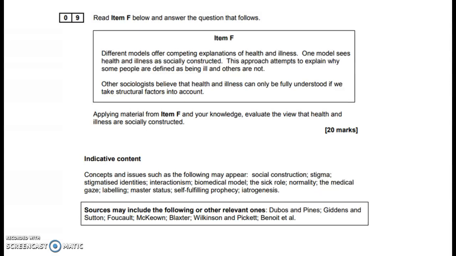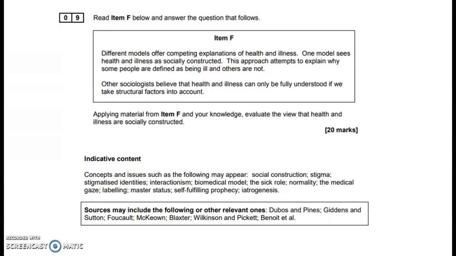So this talks to us about evaluate the view that health and illness are socially constructed. This isn't just an essay on the differences between the biomedical and the social model, and we did fall into that trap. Nearly everybody fell into that trap. It's basically asking you to talk about how is illness socially constructed, and you can do that by looking at health, you could do it by looking at the body, you could do it by looking at disability,